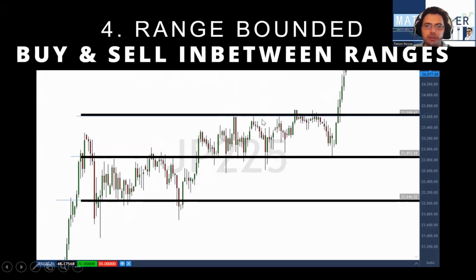And then once that happens with 3 touches, they buy low, they sell high, they buy low, or in this case, they probably would have made a loss. They sold high, they bought low, they sold high. And this is how they do it. So here's an example with the Japanese index, the Nikkei 225. It's a great index to trade range bounded out of the majority of indices that I've seen. And I do know traders that like trading the Nikkei 225.